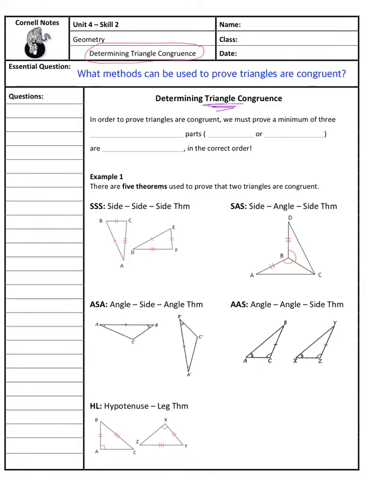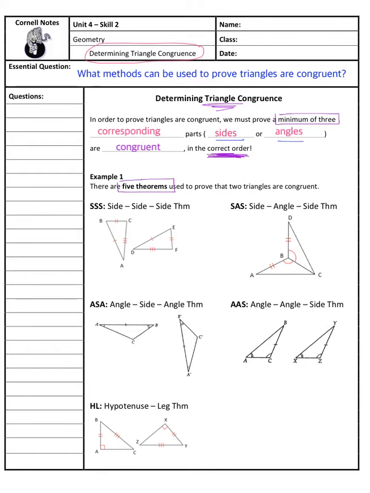It says, in order to prove triangles are congruent, we must prove a minimum of 3 corresponding parts, and those parts could be either sides or angles, are congruent. And what's most important here is that they have to be congruent in a specific order. So we're going to talk about what the options are for those orders that they could be found in. But again, we need a minimum of 3, either sides or angles, that are congruent, and they have to be in the correct order. And we're going to talk about the 5 theorems or options that you can use to